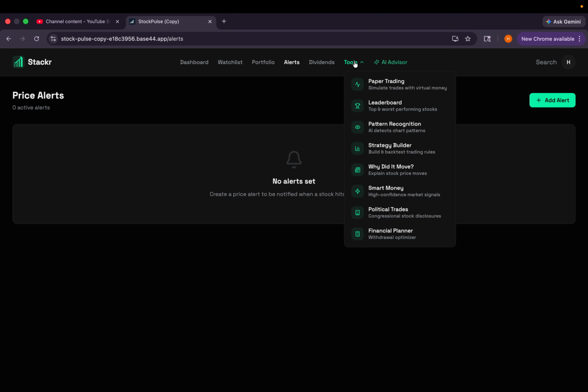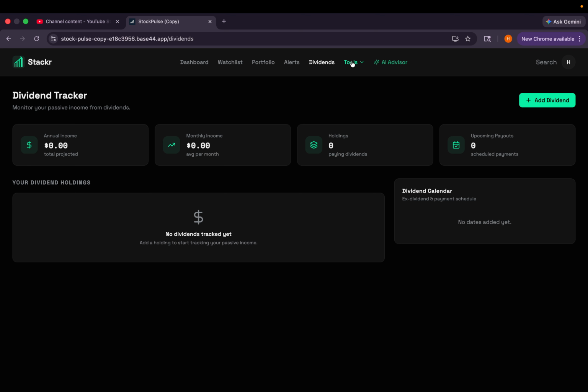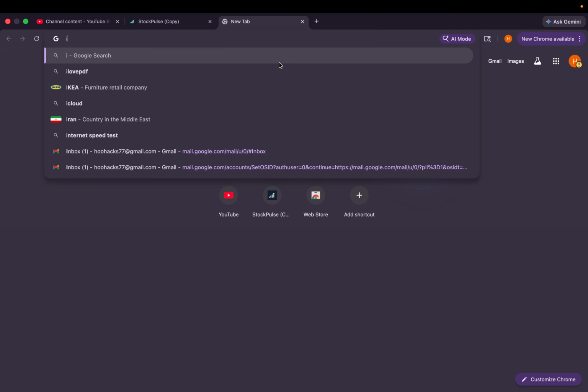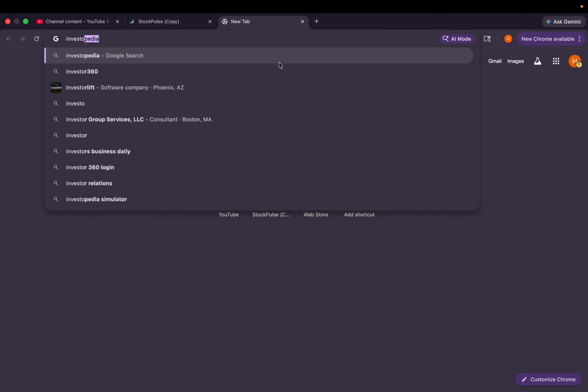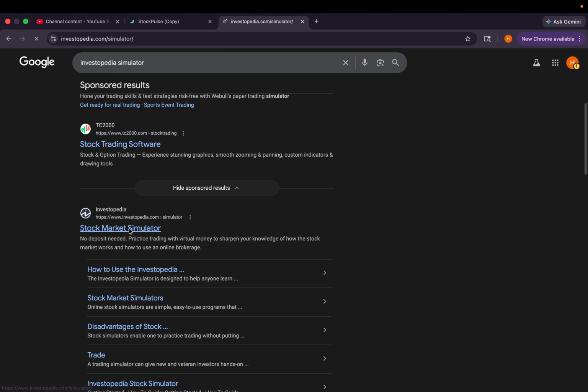And here we have the tools. This is just the dividends, and the tools are the most unique part. It's what makes us different from other apps, because there's various apps like this. Like for example, if we go to Investopedia simulator, if we go right here,